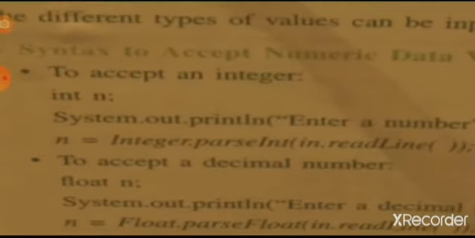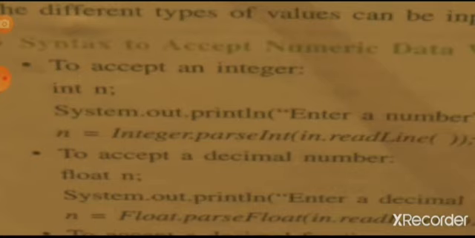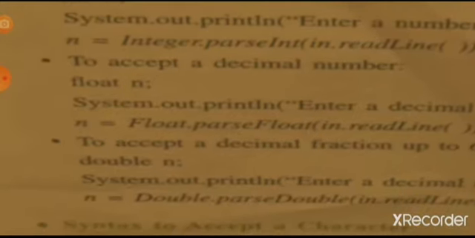To accept an integer value, int n holds the integer value. If you want to take an integer value, first you give the message, enter a number, and then Integer.parseInt.